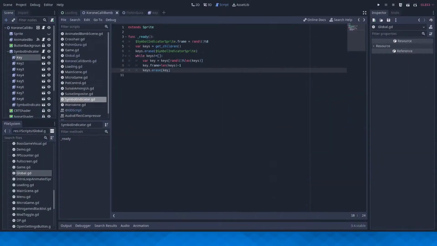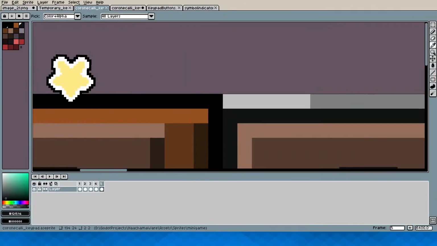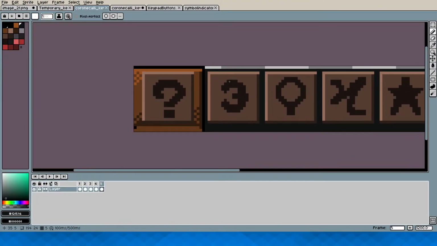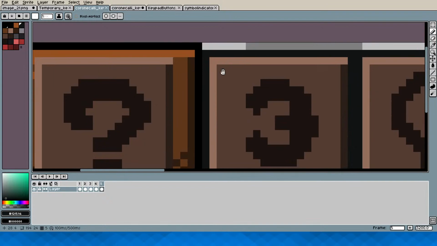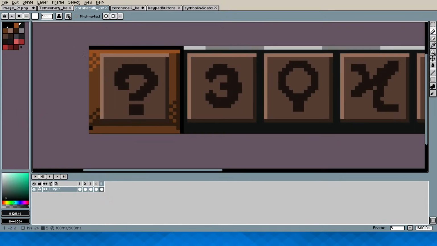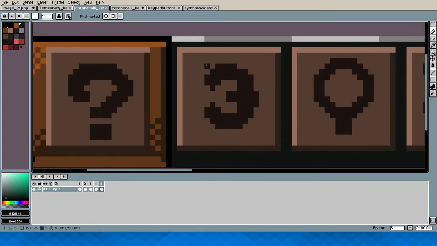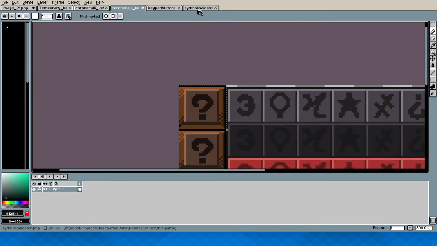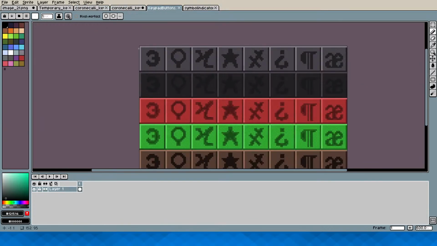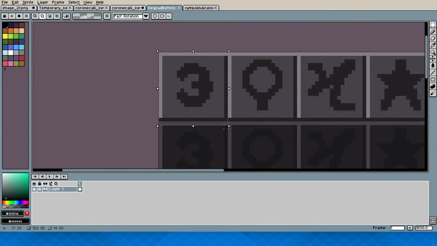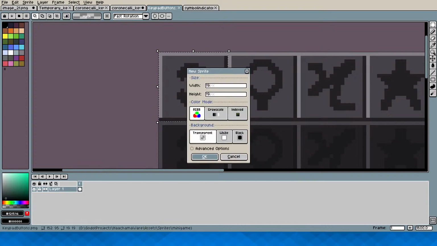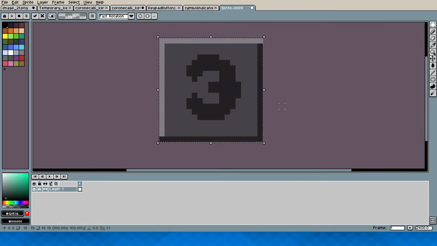Transition back, and actually I should transition to a sprite instead, since I'll be making a selection cursor. So, I could probably just use a colored outline. Let's just take one of these keys. Copy that here.